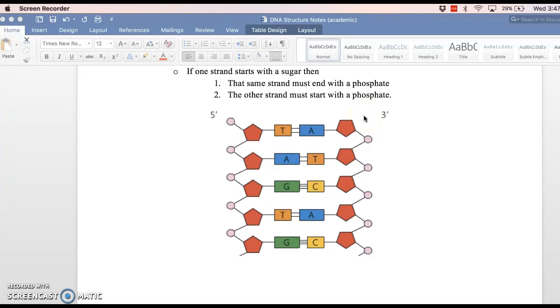By that same token, because they run the opposite direction, if this side starts with a sugar, then this side must start with a phosphate. And if this side starts with phosphate, it has to end with a sugar. The way that I can kind of visualize this is that all of these pentagons are pointing upwards. So they're going up towards the top of the screen, and all of these are pointing downwards. They're pointing down towards the bottom of the screen. So they're running in the opposite direction from one another. So that's pretty much all you need to know for